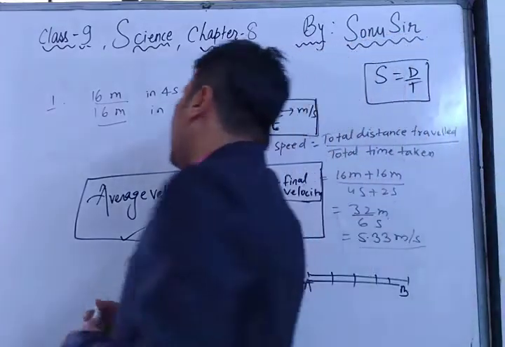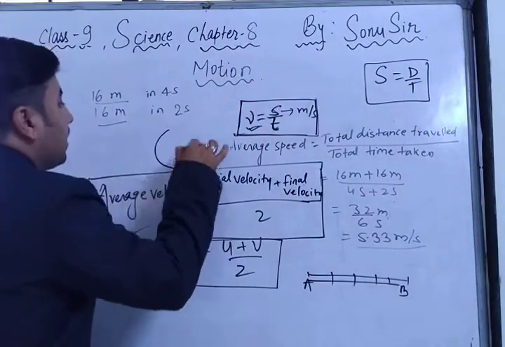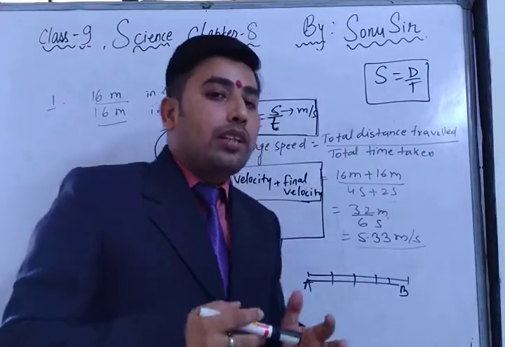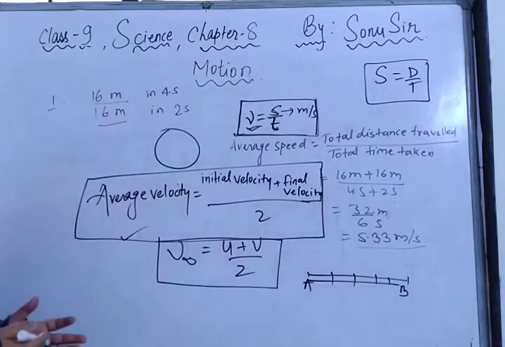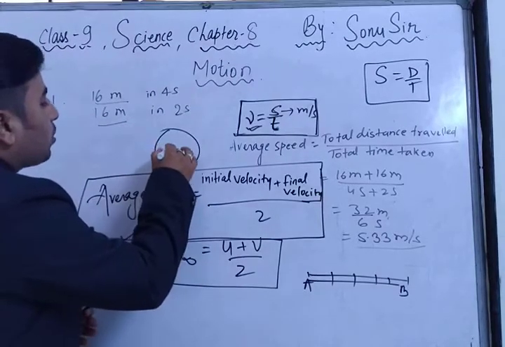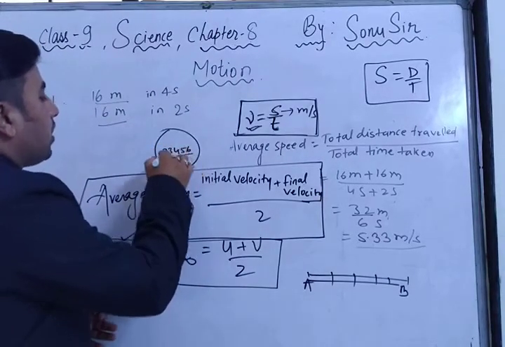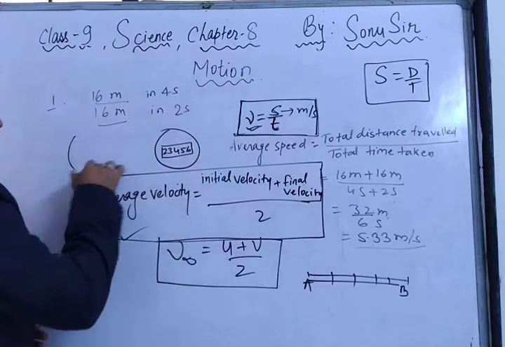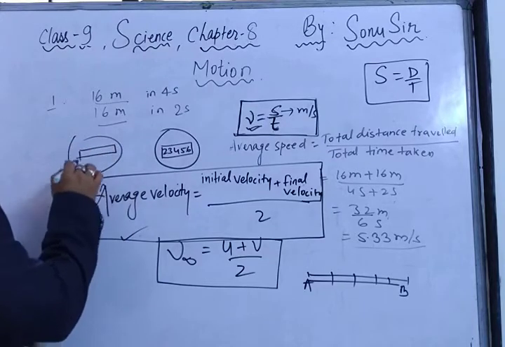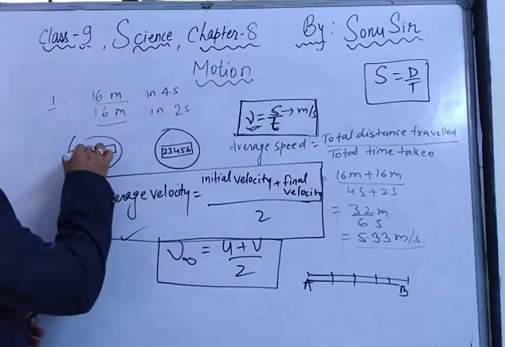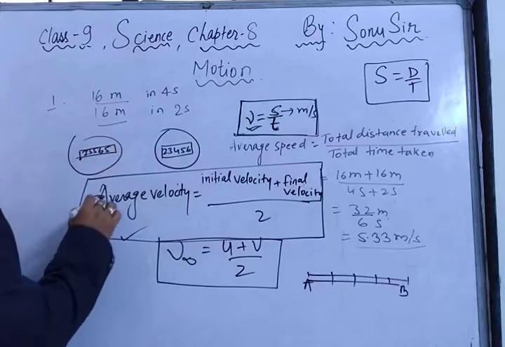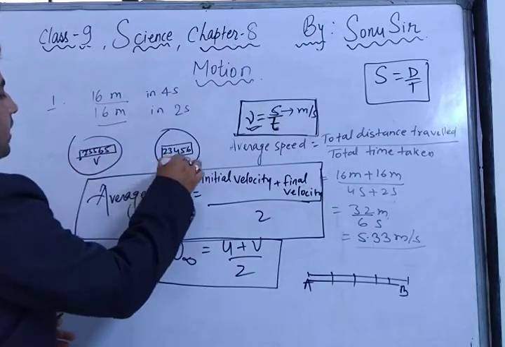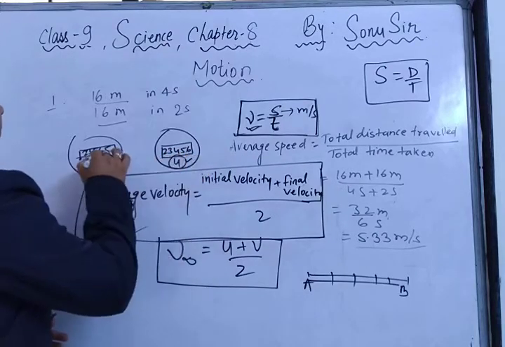So odometer is a device which measures the distance, that how many kilometers your vehicle has run. Means if I talk about that, initially it was 2, 3, 4, 5, 6, okay. This was the initial odometer measurement, and after reaching my destination, the odometer distance has been converted to 2, 3, 5, 6, 5. So you can see here both the distance. This is the final and this is the initial. Initial distance was this and final distance is this.